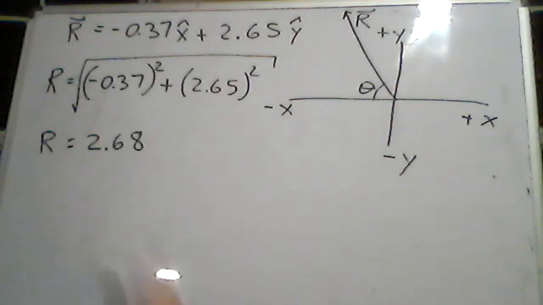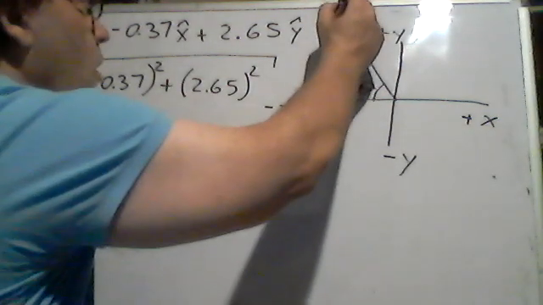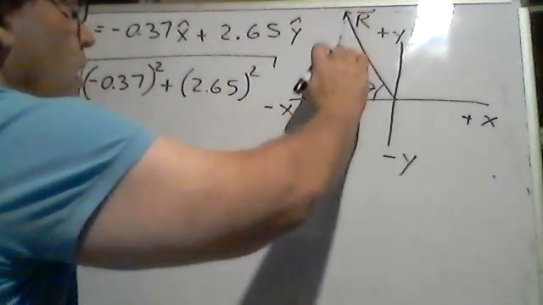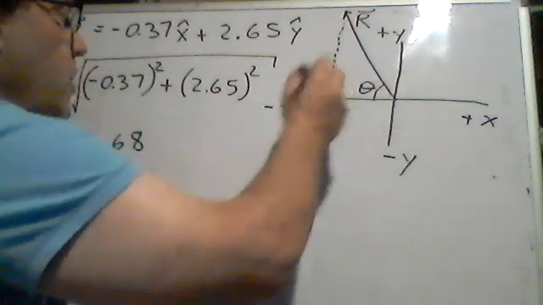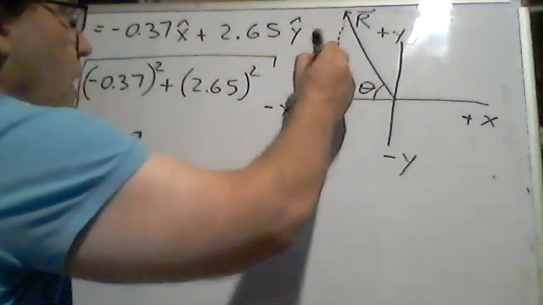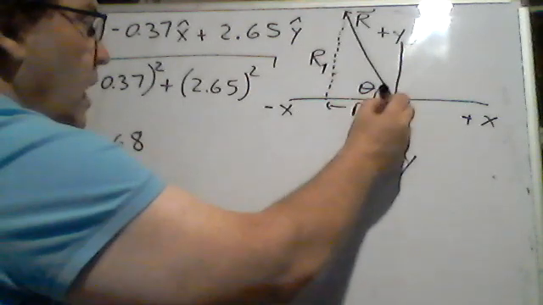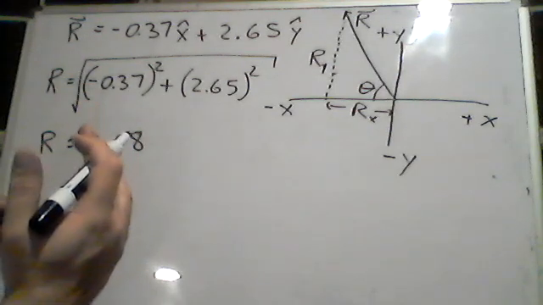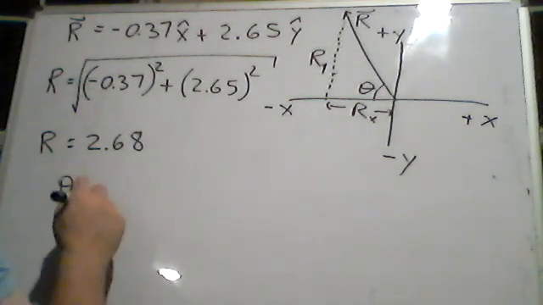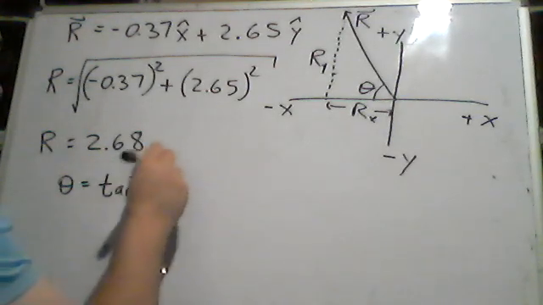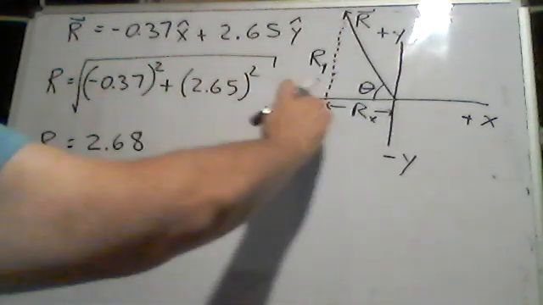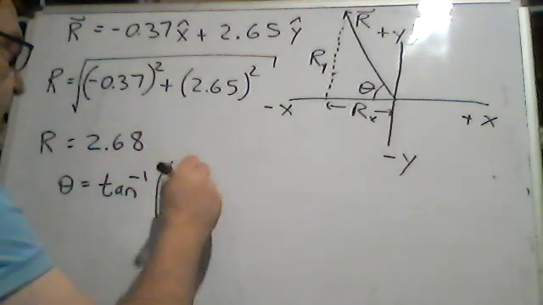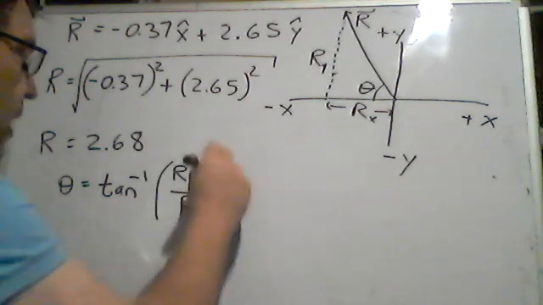I rounded it. All right, now what I want to do is figure out the components, oh, sorry, not the components, but the angle. So I do know, again, looking at a local triangle, I do know that this r sub y length, and I know this r sub x length. Looking at a local triangle, I don't really care about the signs at this point. I just have a local triangle. And so I know that the theta is going to be the inverse tangent of, in this case, opposite over adjacent, which in this case is particularly r sub y over r sub x,